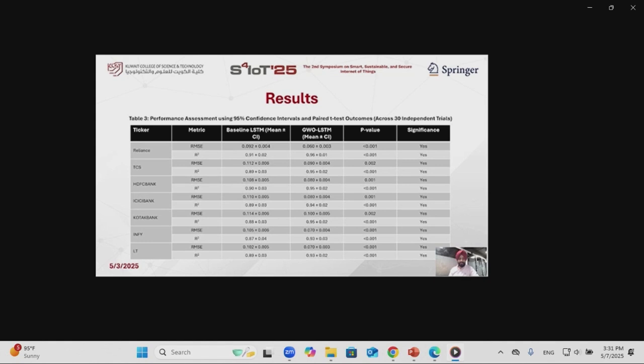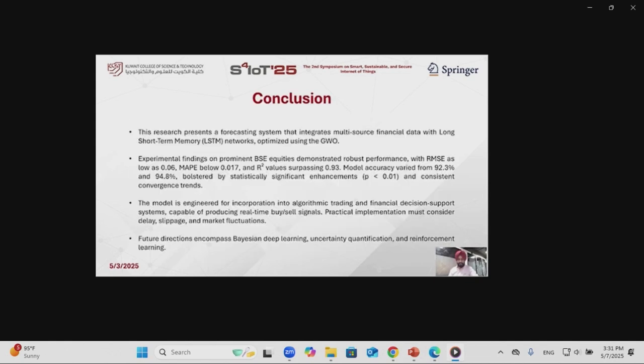We can compare our baseline model with the mean CI and LSTM CI, where we have differences of 0.004 to 0.002, and all the p-values are less than 0.001, which is significant. This is the t-test which we applied on 30 independent trials, with the 95% confidence interval, and we achieved this for all the 7 stocks, and the significance is almost yes. So we would claim that our framework did a pretty good job on all the blue chip stock prices. And in the last, we have a conclusion.